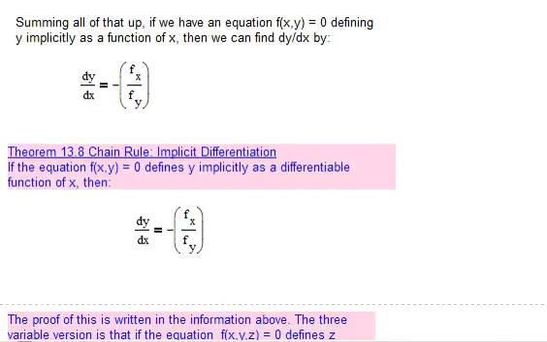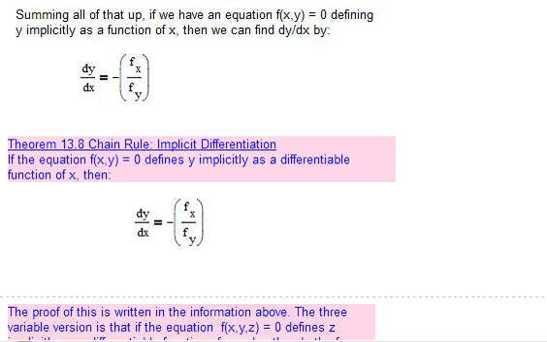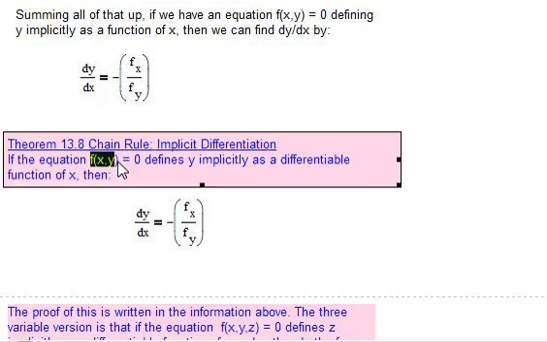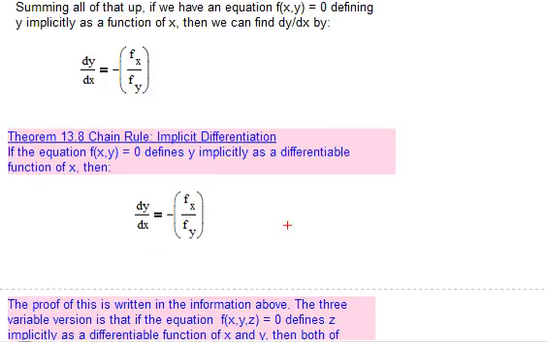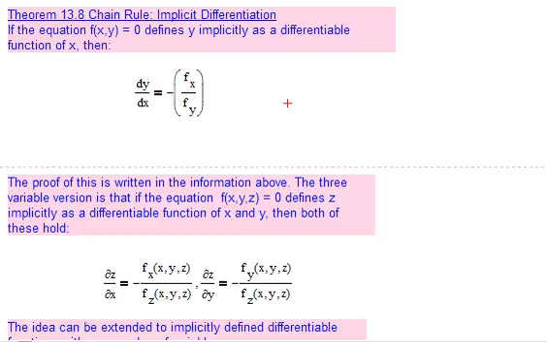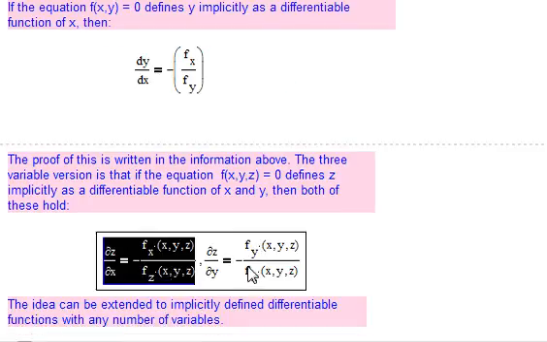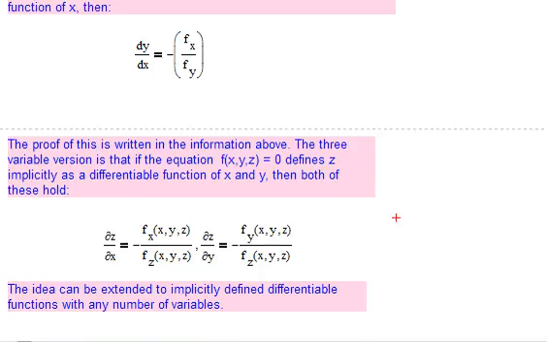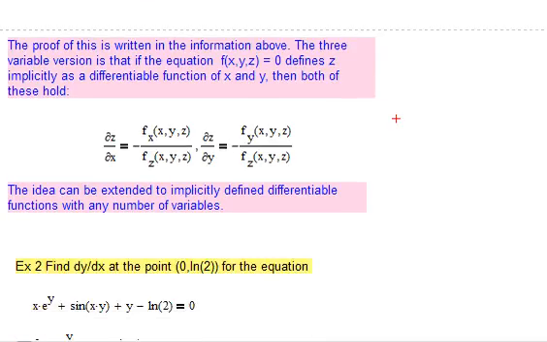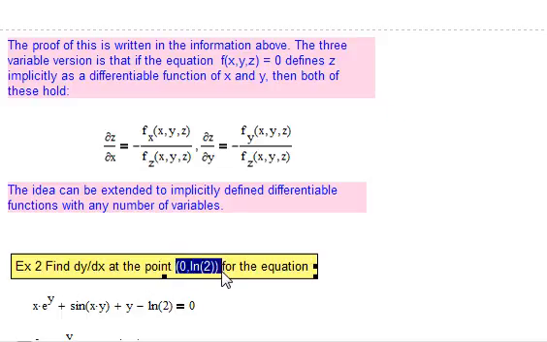There's another theorem, the chain rule applied to implicit differentiation. It's a theorem: if the equation f of x, y equals 0 defines y implicitly as a differentiable function of x, then dy/dx equals, well, we already derived that. So the proof is written up above it. And if you've got more variables, it behaves just like you'd expect, which is kind of good. So here's an example. And this would be maybe a bear of a problem in Calc 1. It says find dy/dx at the point x equals 0, y equals ln of 2 for the equation